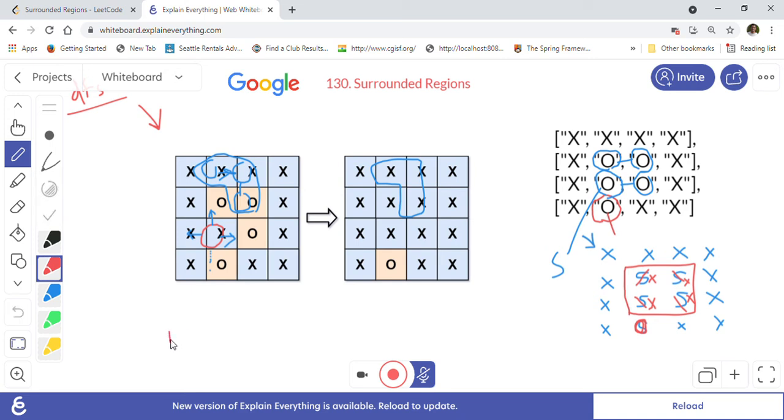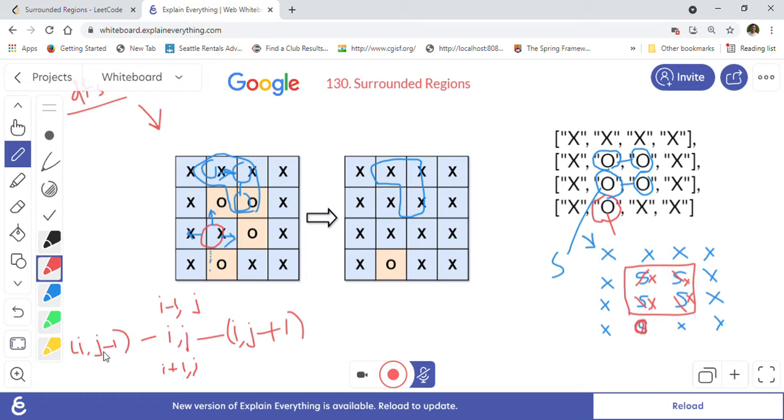If we are at the cell I comma j, then the 4 directions are: upward comes as I minus 1, j; downward comes as I plus 1, j, meaning the next row. If you want to go right, it will come as I comma j plus 1, because it is the next column. And if we go left, it will be I comma j minus 1, because we subtract 1 from the column we are currently on. So that is how the 4 directions are.